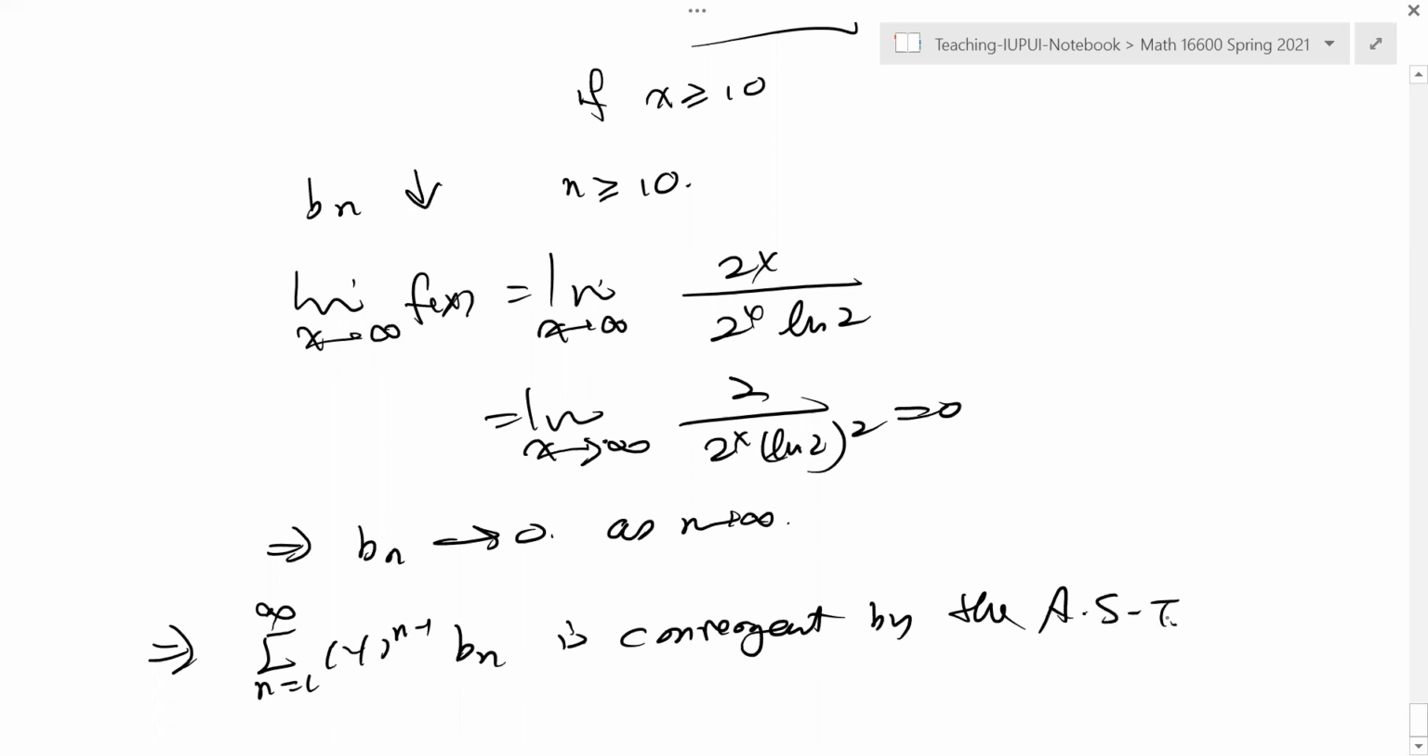So there are 2 different ways to solve the problem, but it's not always easy to use the alternating series test, because you have to verify these 2 conditions, find the derivatives and find the limit, okay? I'm going to stop here. Let's take the